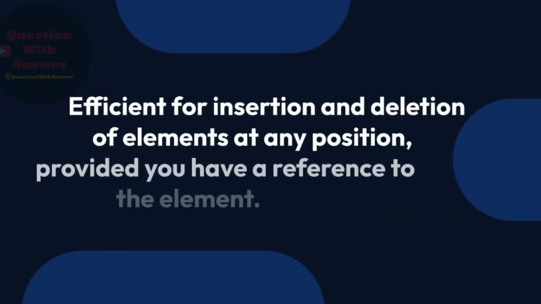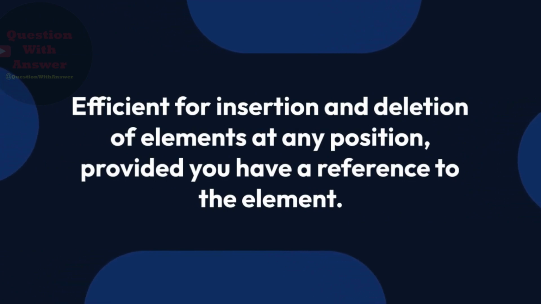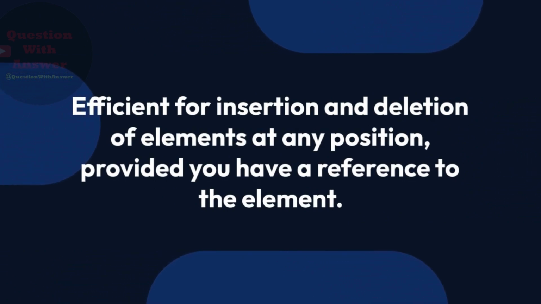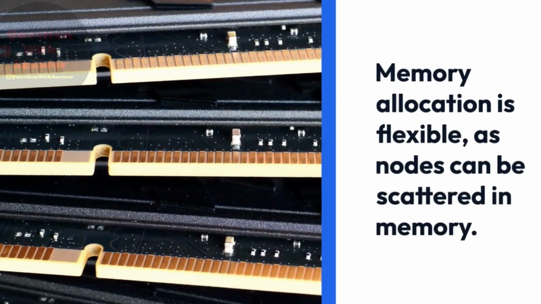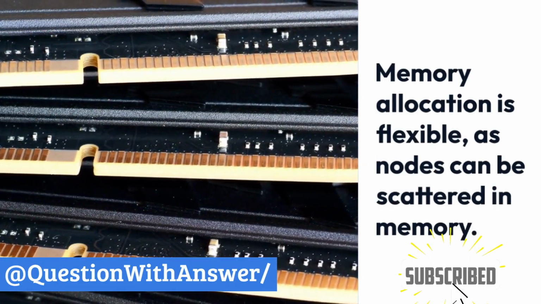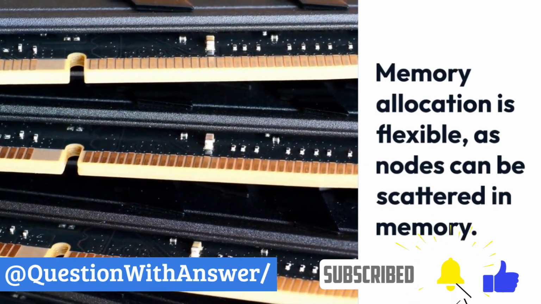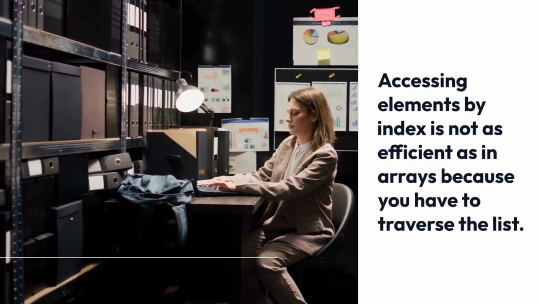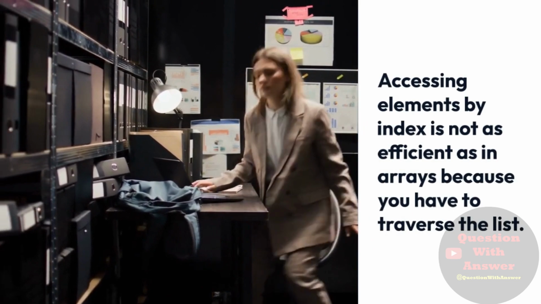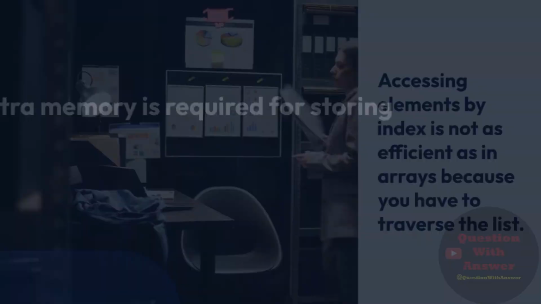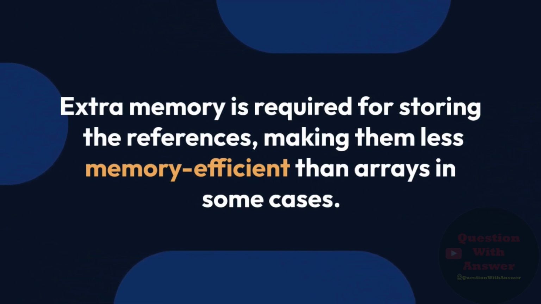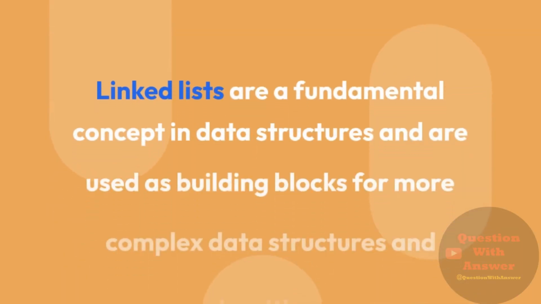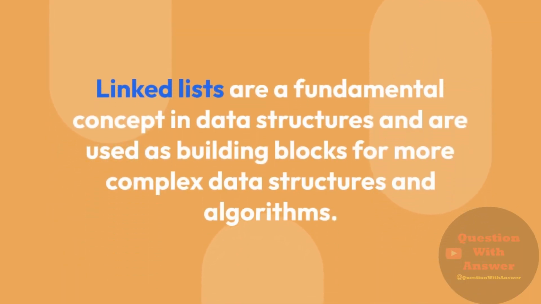Advantages. Efficient for insertion and deletion of elements at any position, provided you have a reference to the element. Dynamic in size, so they can grow or shrink as needed. Memory allocation is flexible, as nodes can be scattered in memory. Disadvantages. Accessing elements by index is not as efficient as in arrays because you have to traverse the list. Extra memory is required for storing the references, making them less memory efficient than arrays in some cases. Linked lists are a fundamental concept in data structures and are used as building blocks for more complex data structures